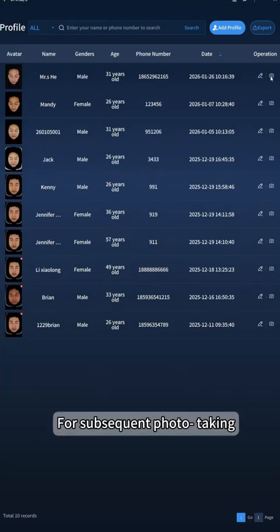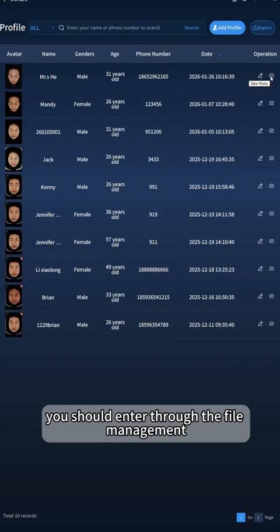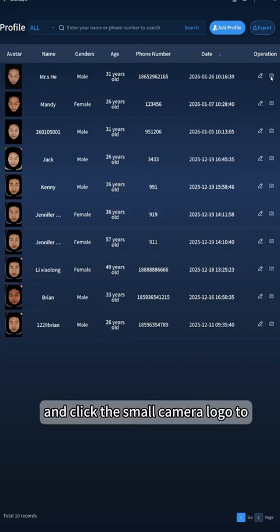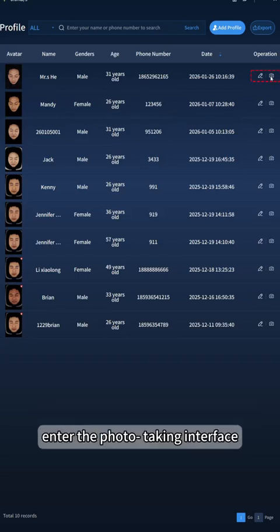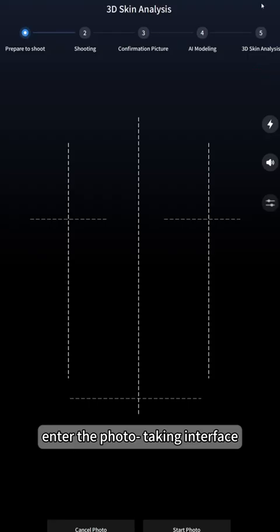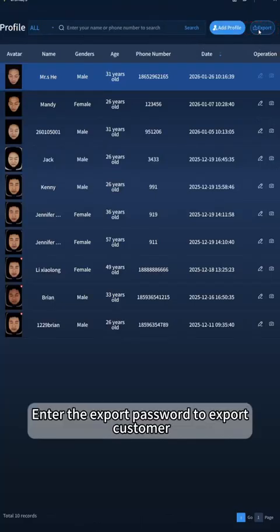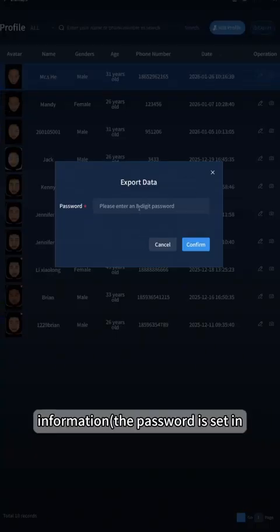For subsequent photo taking of registered customers, you should enter through the file management and click the small camera logo to enter the photo taking interface. Export. Enter the export password to export customer information. The password is set in